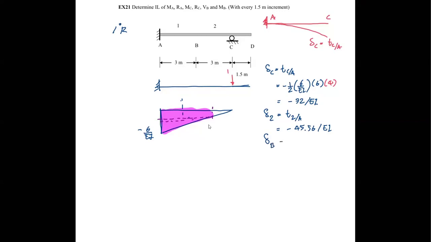Okay, the displacement at B, of course, this is T BA, and this is going to be equal to minus 22.5 over EI delta 1, that's minus 6.19 over EI, and then delta D, the last one, is